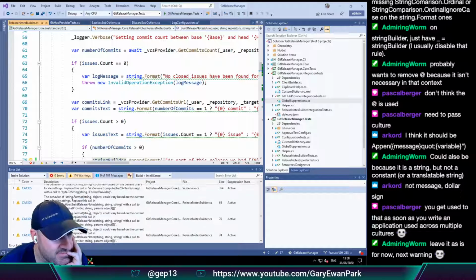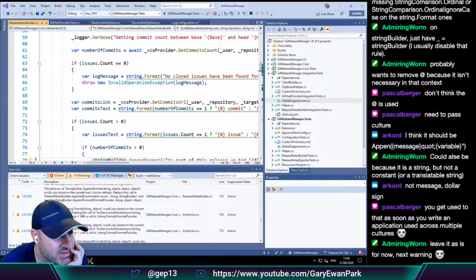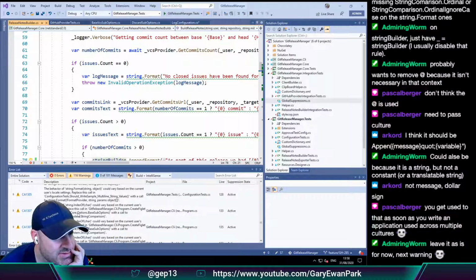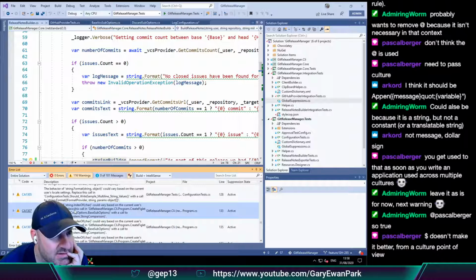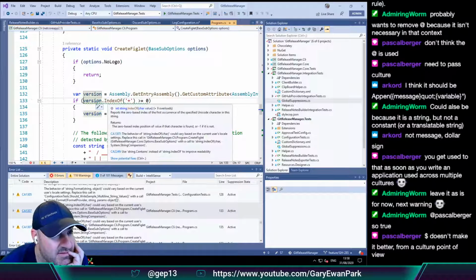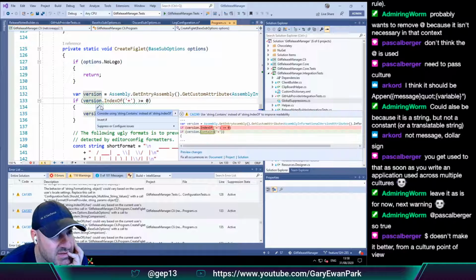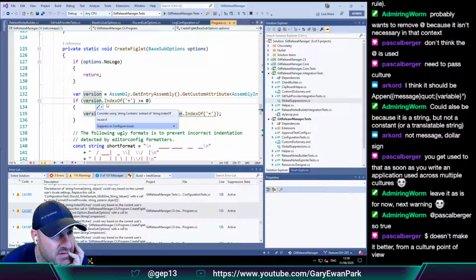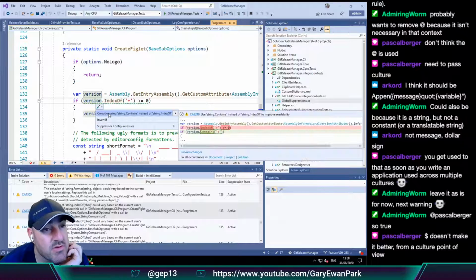So yeah, I've got two minutes, but there's lots of 1305s, 1307. The behavior of string.index could vary. Consider using string.contains if, invert if. Consider using string.contains instead of